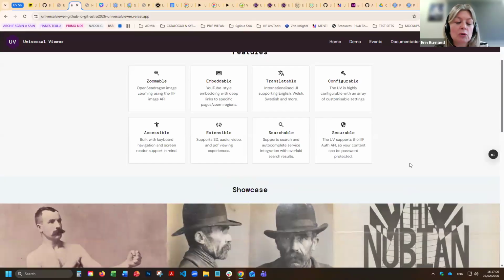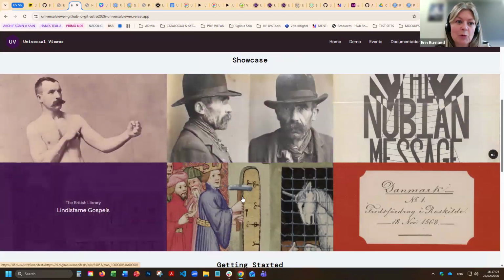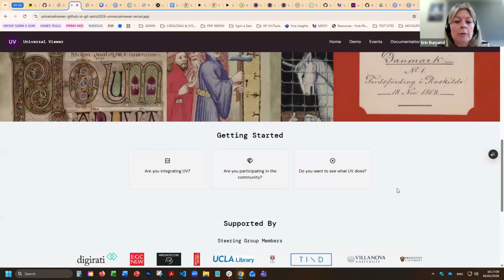And then, as we mentioned before, the showcase is a really popular feature, and nobody wanted to lose that. The more examples, the better. So we have kept that. The getting started section was something we took from UVCon, and thinking about different web sort of paths for different